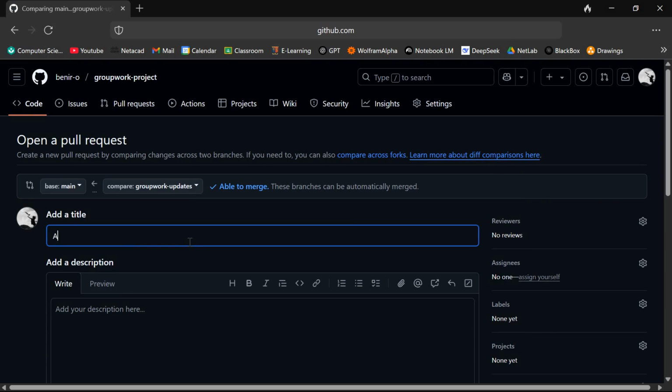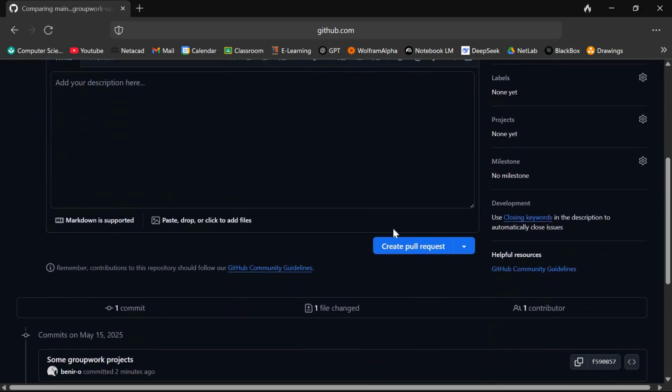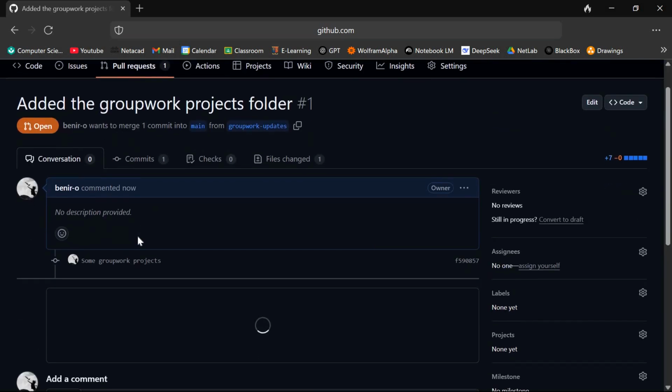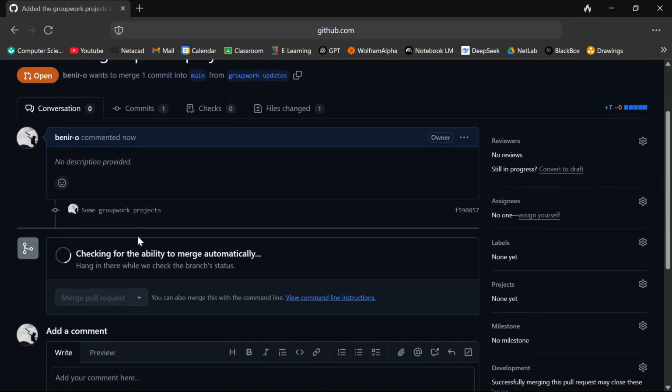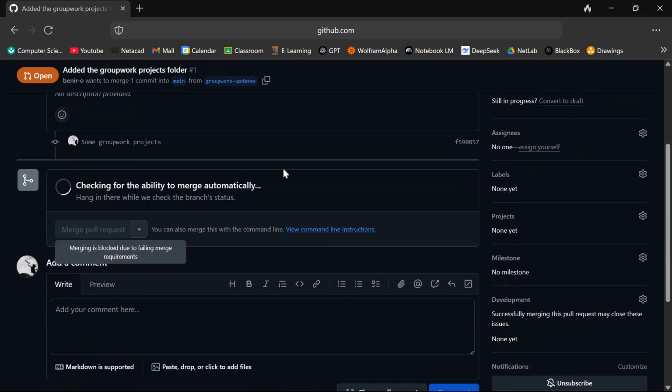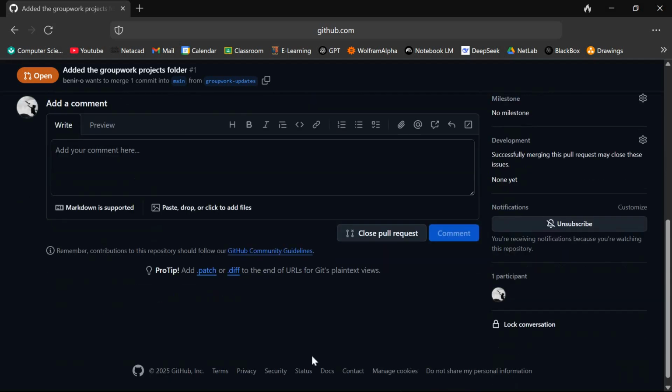and maybe say added the group work projects folder. So now here I will create the pull request. I have not provided any description. So GitHub will check for the ability to merge automatically. So that should happen in a few